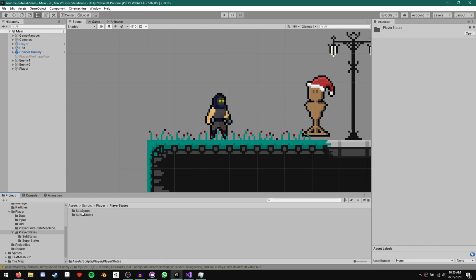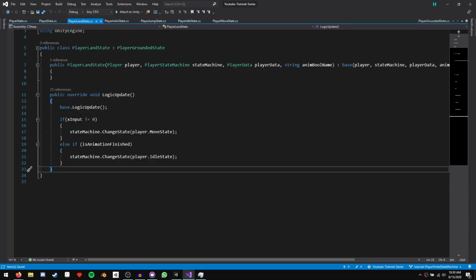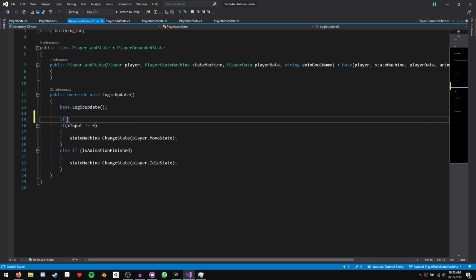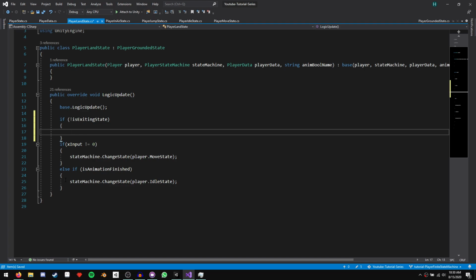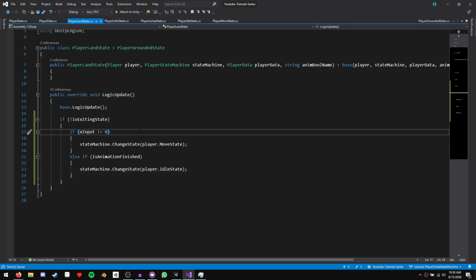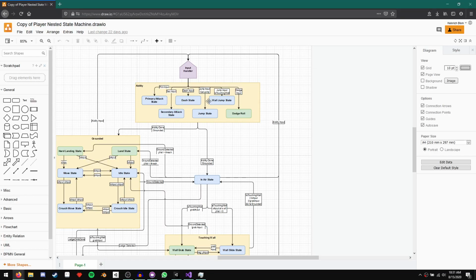Player states, substates, player land state. So here we currently have two different possible transitions. So instead of adding not is exiting state in each of these, let's just enclose this in another if statement. So if not is exiting state, then we want to do this. Just like that. So if we take a look at our state machine diagram, this isn't something we have to